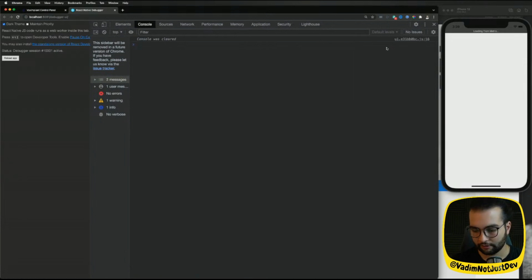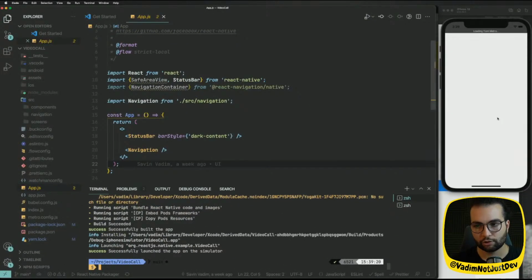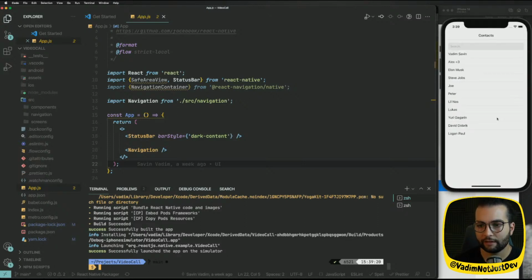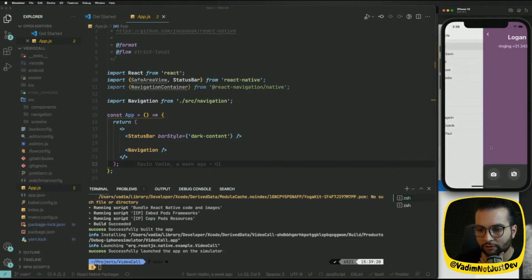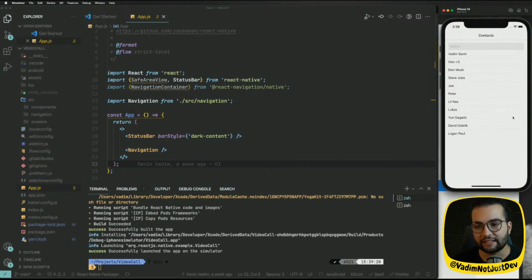Okay, so here is our application. Now we can see the calling screen. We can navigate from one to another. And we have other screens that we cannot navigate to right now, like the incoming call screen, that we're going to use later